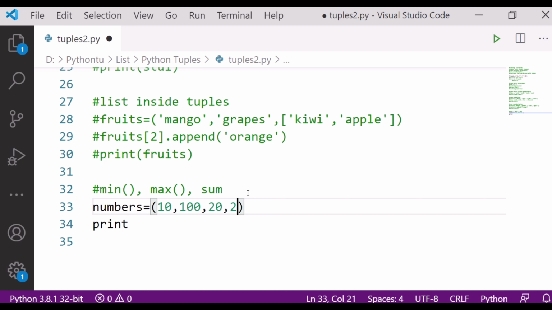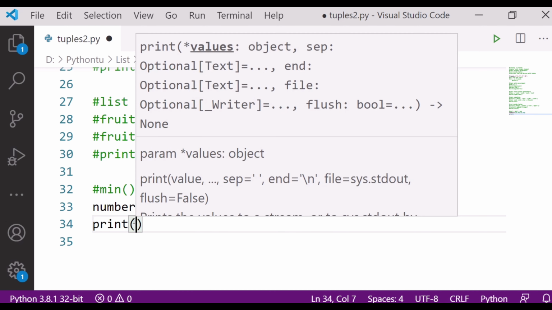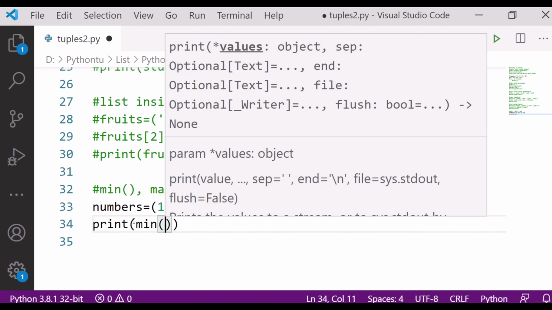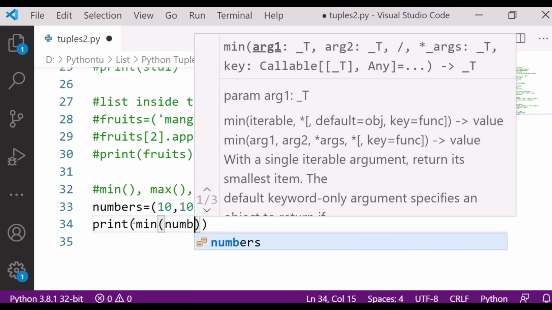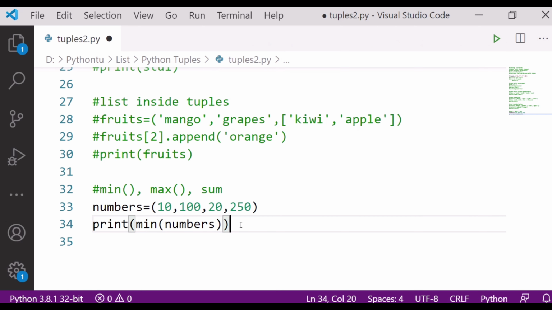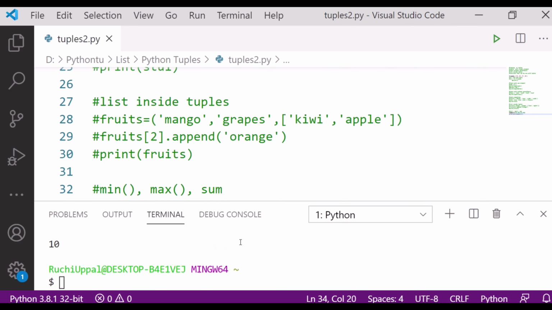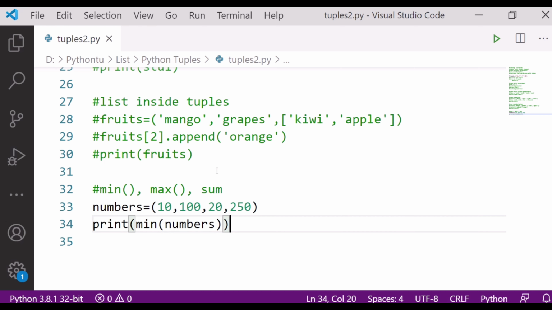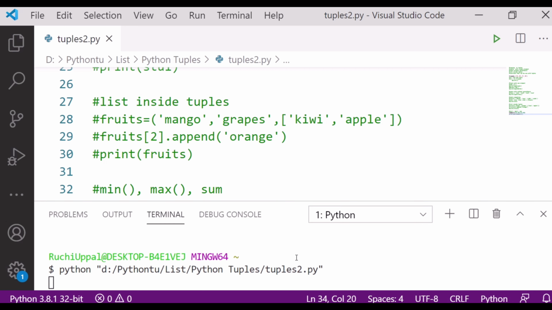If I want to find the minimum number out of the numbers and print it, it tells me the minimum number is 10. If I want the maximum number, I write max, save and run. The maximum number is 250 in the tuple.